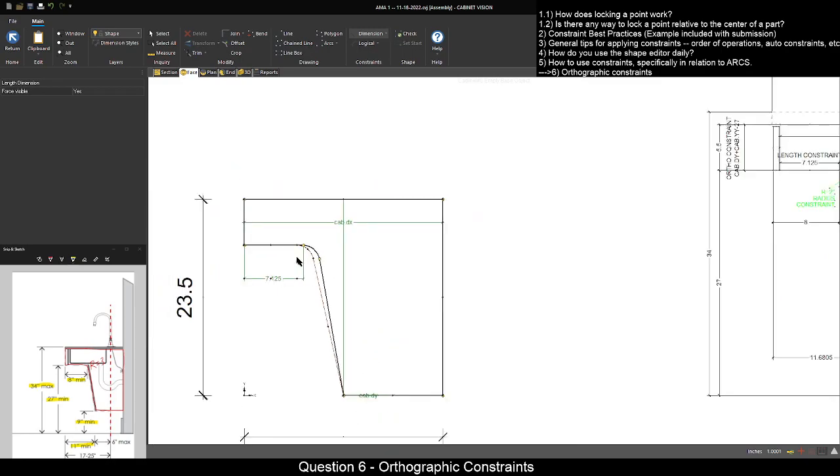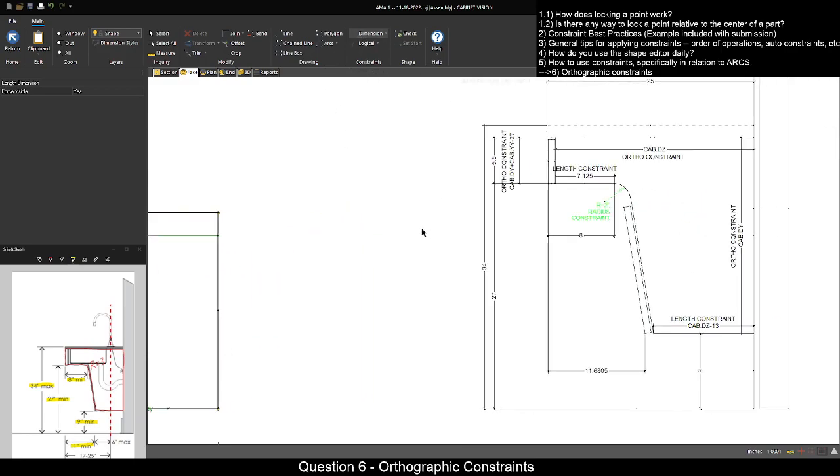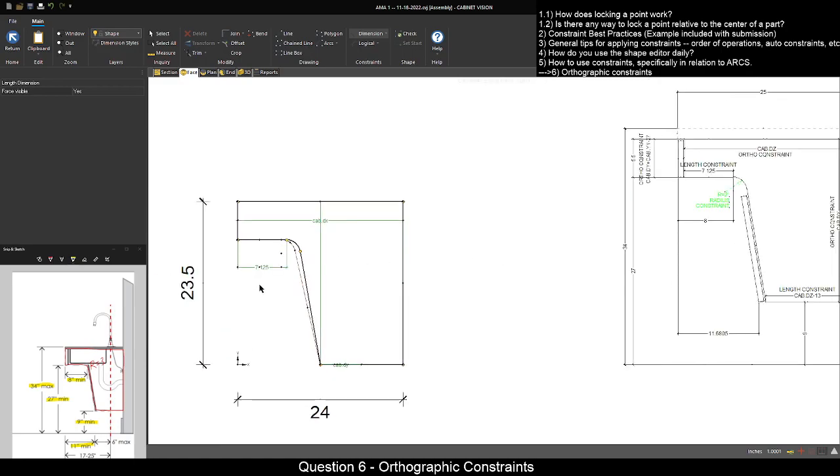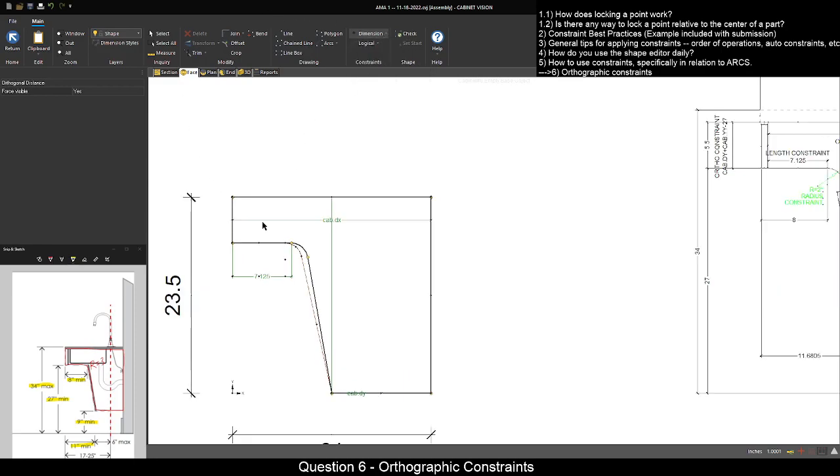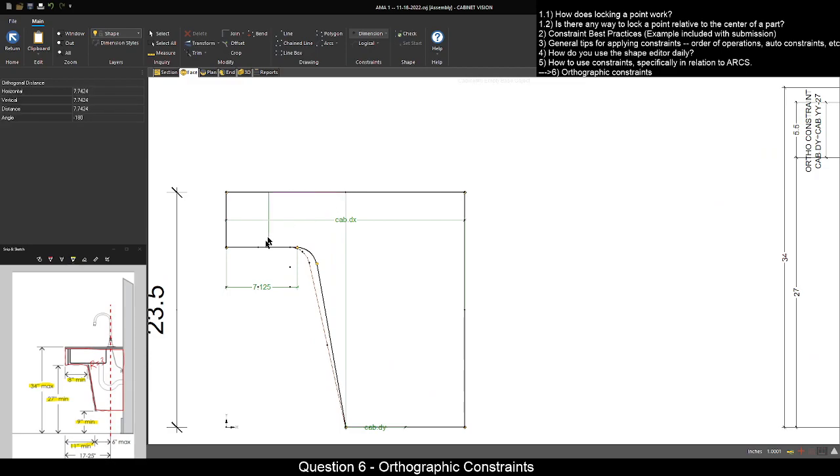So 7 1/8. Now, this will remain 7 1/8 no matter what happens at this point. So the next constraint that we should do is an ortho constraint to keep this distance here at 5.5 because there is a minimum distance from the floor to the knee space. So we really care about a lot more than just this distance, but when you break down what is required,